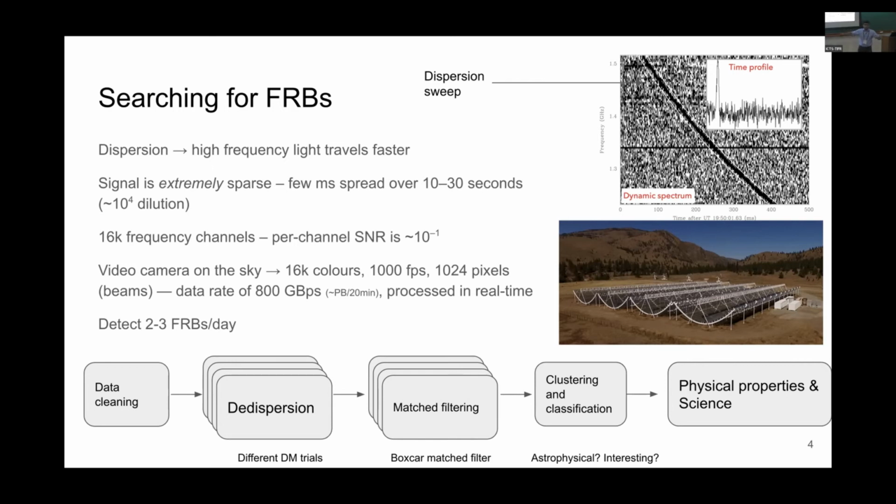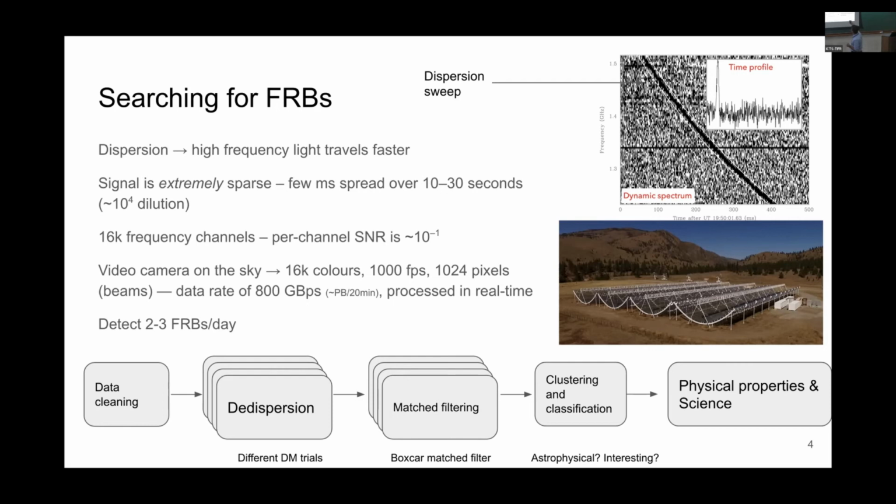So the sweep actually comes across 20 to 30 seconds, but the signal width is only a millisecond, or can be even smaller, right? So you have a signal dilution of 10 to the 4 or more, right? Also, because of certain technical reasons, you have to have a lot of frequency channels, right? So in the case of this telescope CHIME, which I work on, and I'm going to talk mostly about,